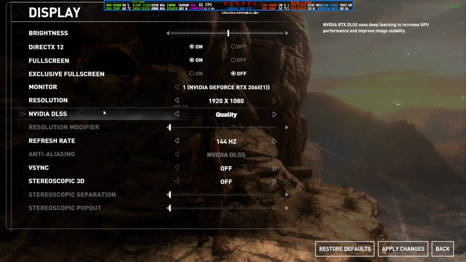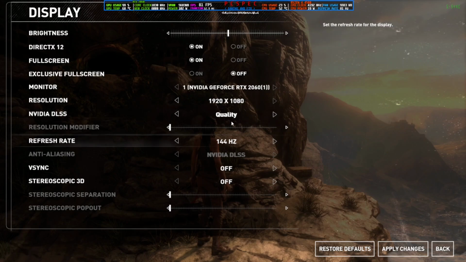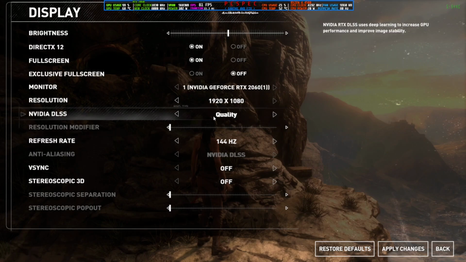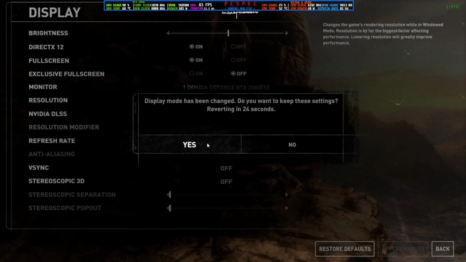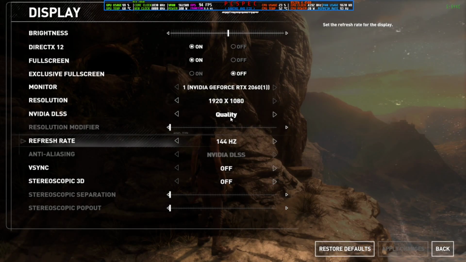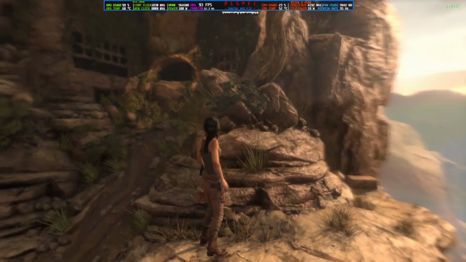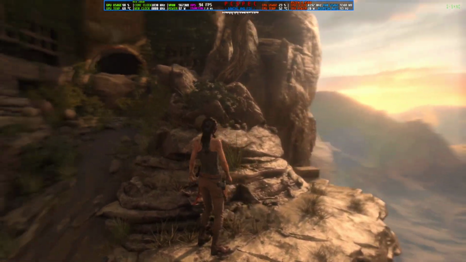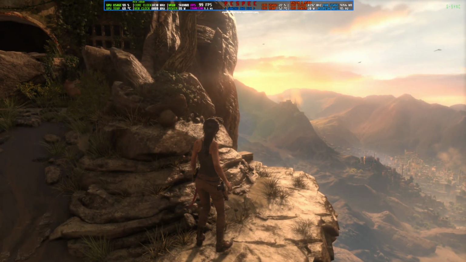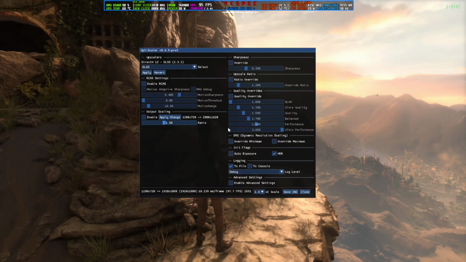So we need to set the DLSS on quality, and this is the main option how you can change this preset. Like in that UI, I will show you in a second, you won't get the quality levels options. So we need to enable the DLSS. Now we go back. You can already see the FPS is boosted a little bit, like from 70, 80 to 90 and 100. Now we're gonna press the insert key on the keyboard and it will bring up this kind of